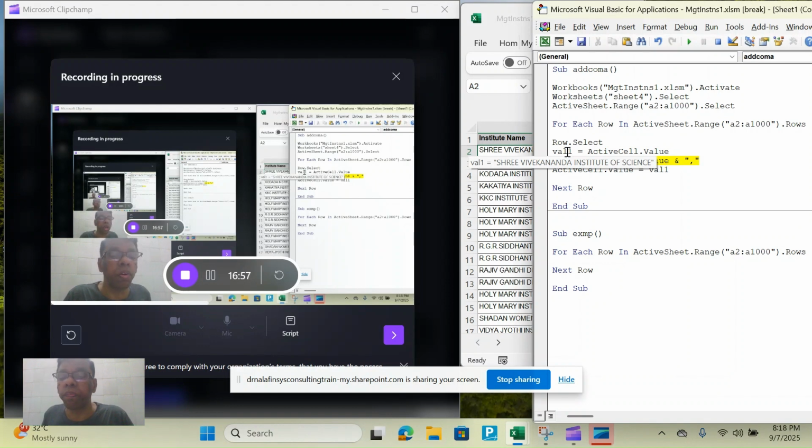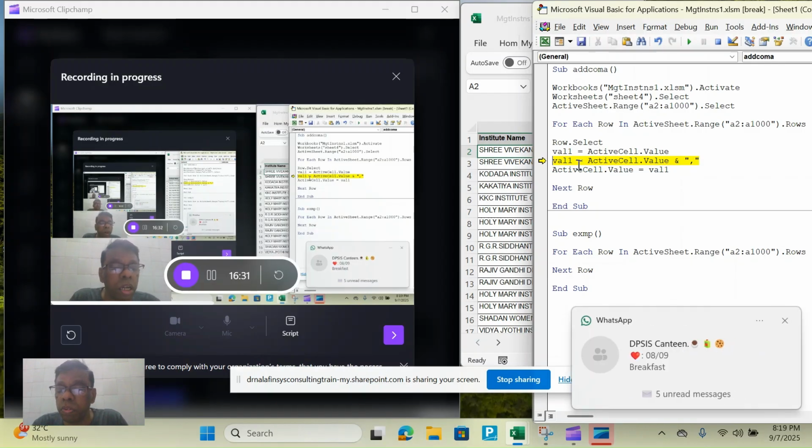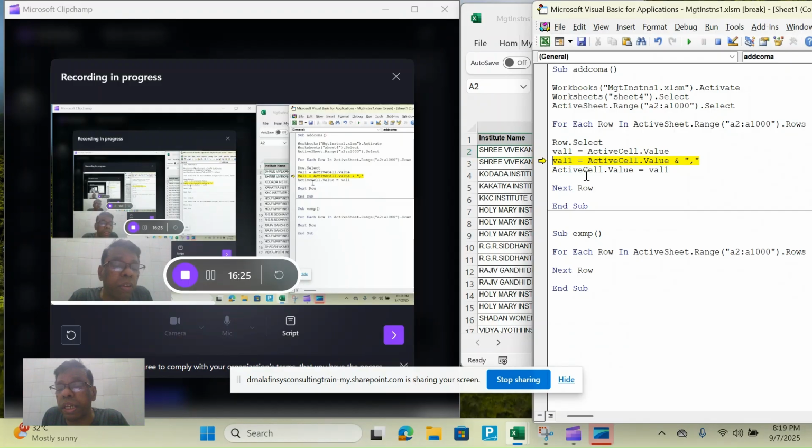Okay, so now val1 has obtained the value which is there in A2. Now again, after this, behind the name of this particular institute, I want to add a comma. In order to add a comma, I'm just modifying, or in IT parlance, we can call it